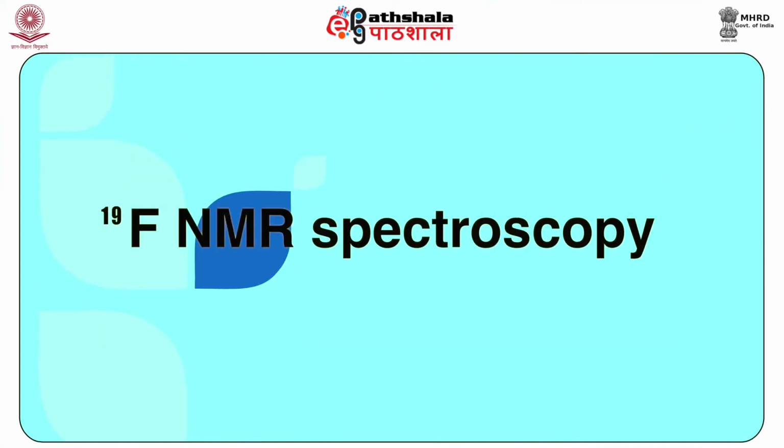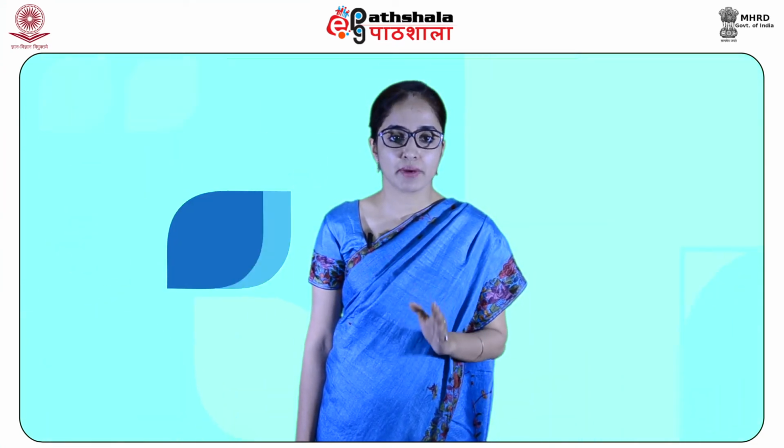Now students, let us shift our focus from 14 and 15 nitrogen to 19 fluorine NMR spectroscopy. Now 19F NMR is used to analyze the structure of fluorine containing compounds. Now 19 fluorine is the naturally occurring isotope of fluorine with 100% abundance. It has a nuclear spin of 1/2 and a high gyromagnetic ratio, which means that this isotope is highly sensitive